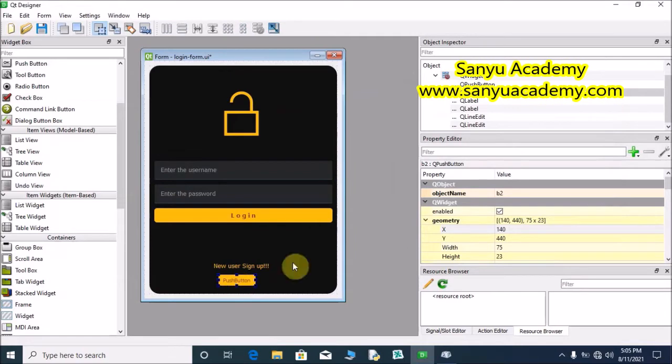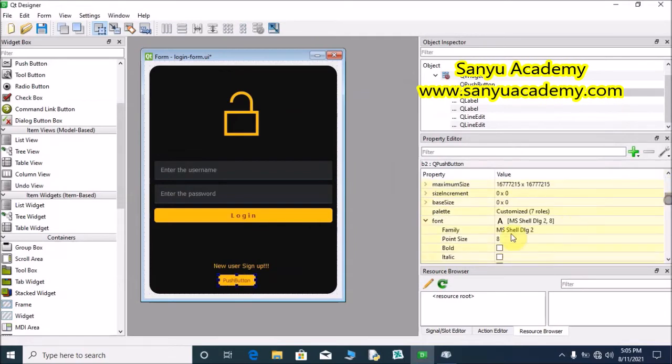Change the button font size. Point size 10. Enter.